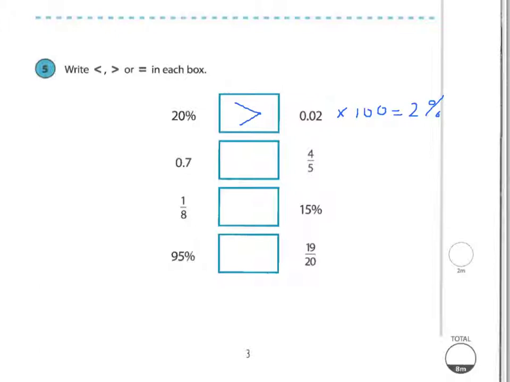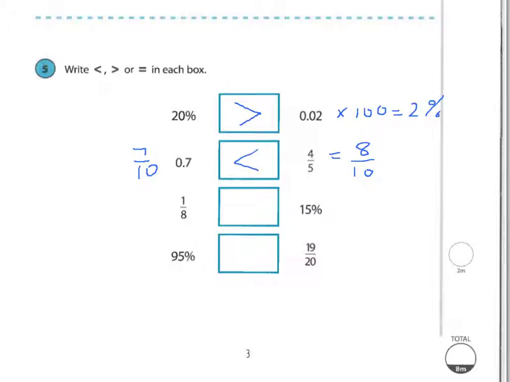Now then, what I know about this next question is 0.7 is really 7 tenths, and if I double the top and bottom of 4/5, it makes 8 tenths, and I know 7 tenths is less than 8 tenths. Now the third one,